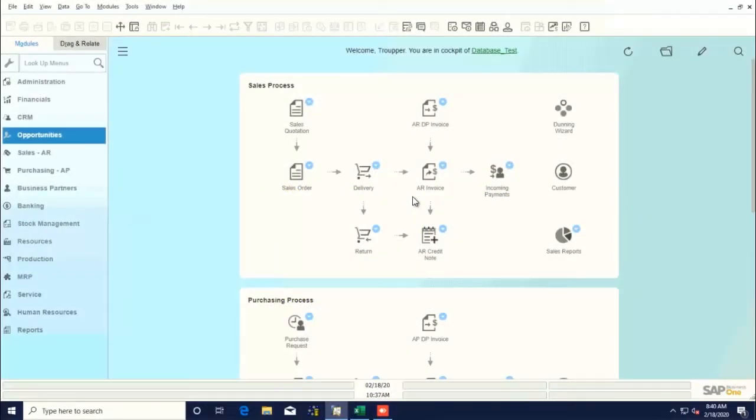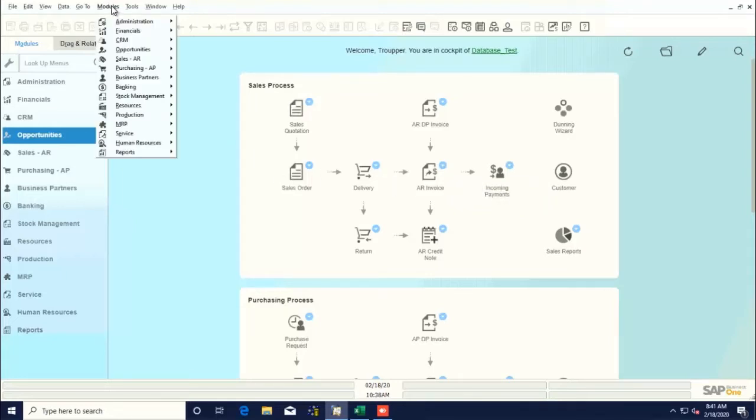In today's video, we're going to teach you how the sales process works. Let's get started. Now, as you can see, on this cockpit, you'll be able to see the main diagram of how the sales process works. Now, bear in mind, you can access each of these documents from this cockpit or from the modules on the upper taskbar,